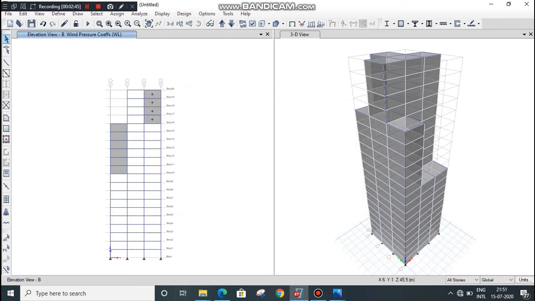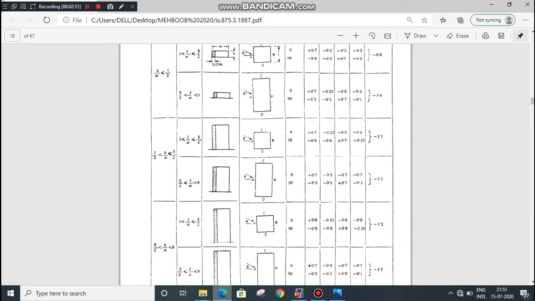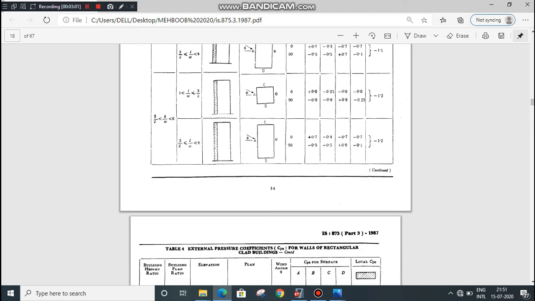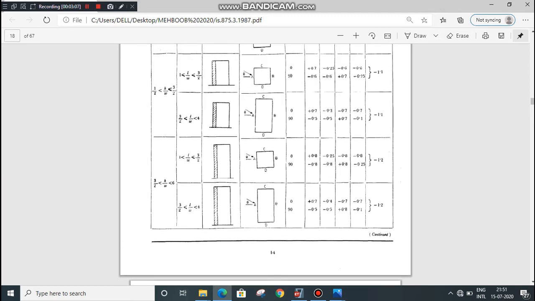Now for the leeward direction, having the same coefficient as section D. Now section D has wind pressure coefficient as B in this case. Therefore B has wind pressure coefficient as minus 0.25.